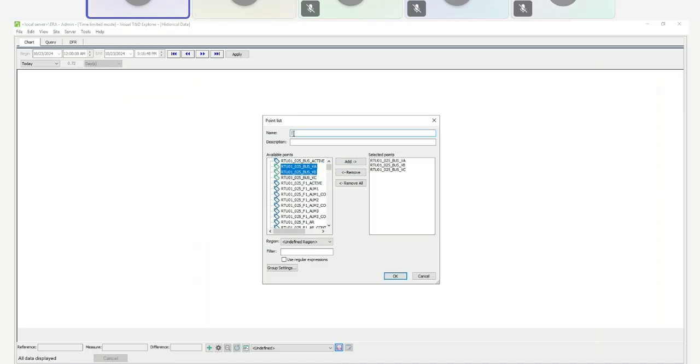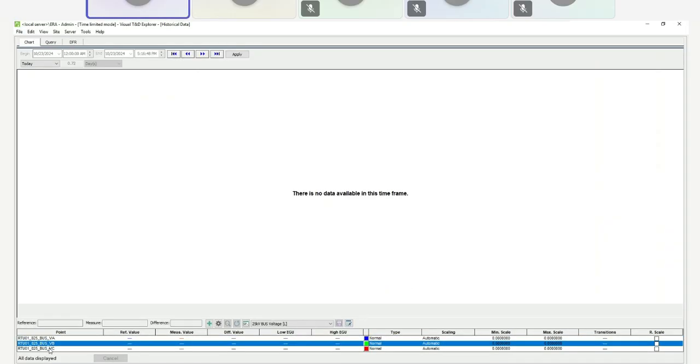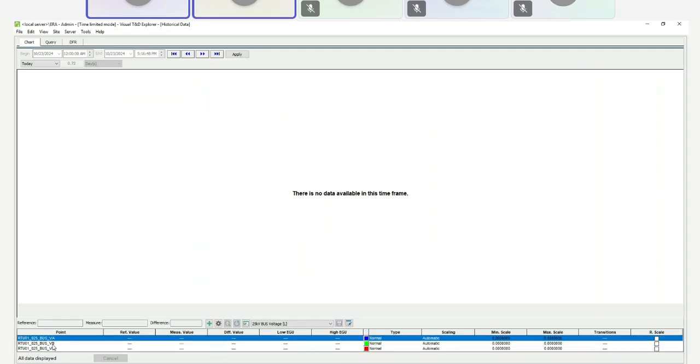So I could put a name for that: 25 kV bus voltage historical data points. Example, bus VA. Since I don't have any historical data, I couldn't see anything, but that's how you define the points here for historical data trend.